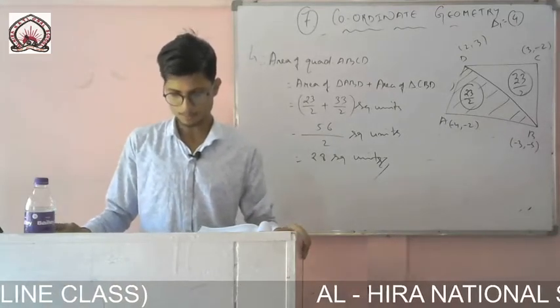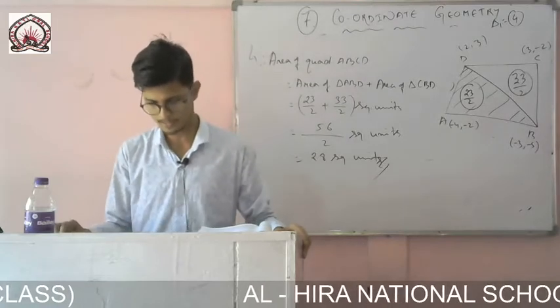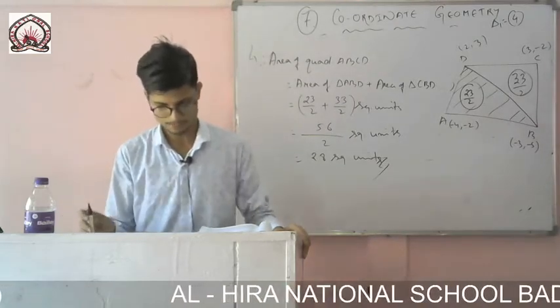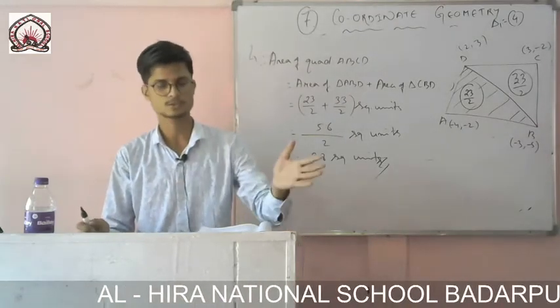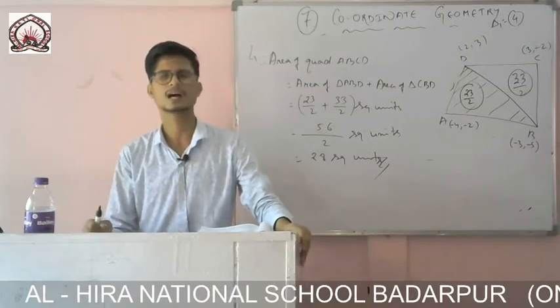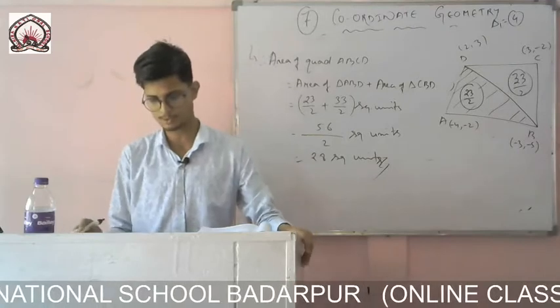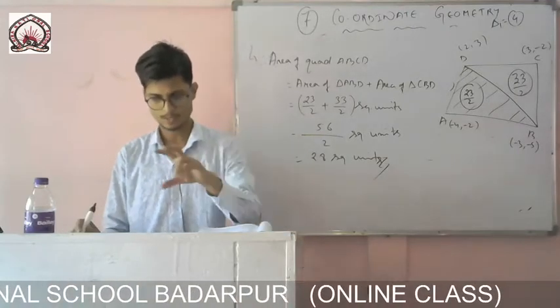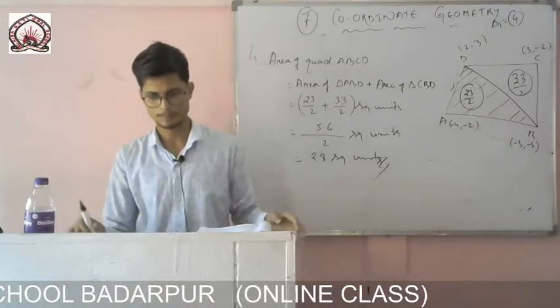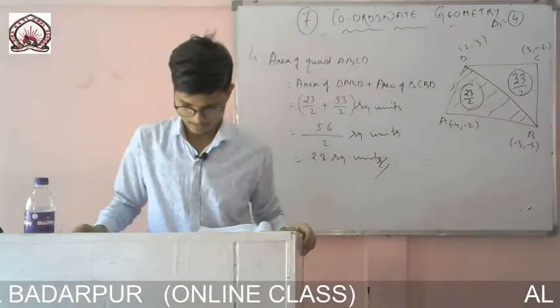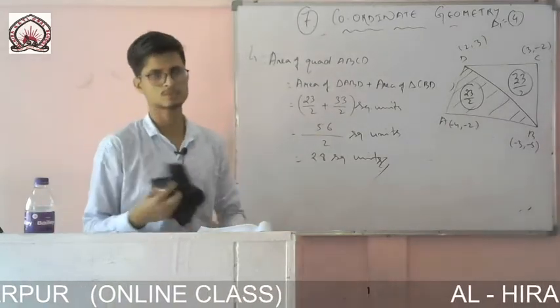That means you have to prove that the median of a triangle divides the triangle into two triangles of equal areas. So it was like this, how much I can recall, that the median of a triangle divides the triangle into two equal areas, into two equal parts. So that means we have to just simply find it. We have to show that both the areas are the same.